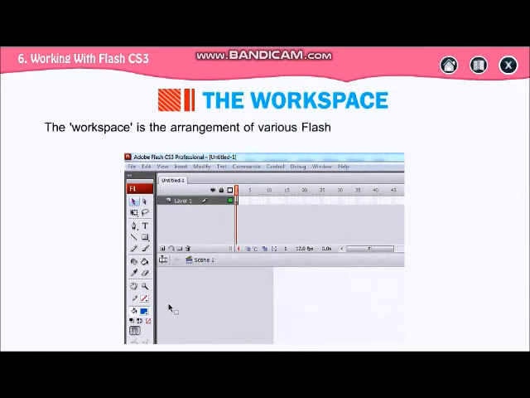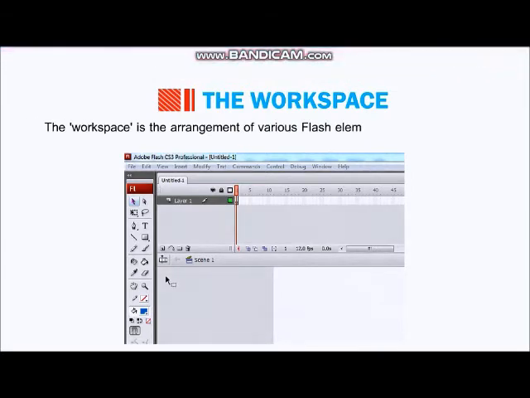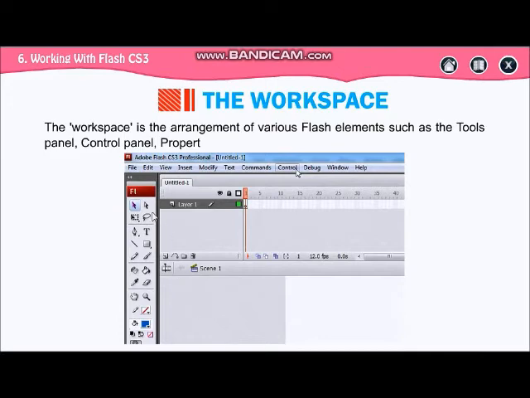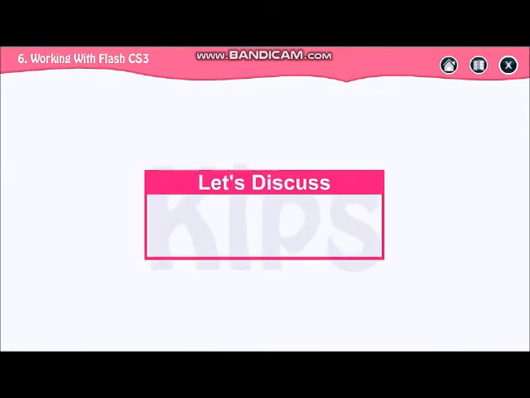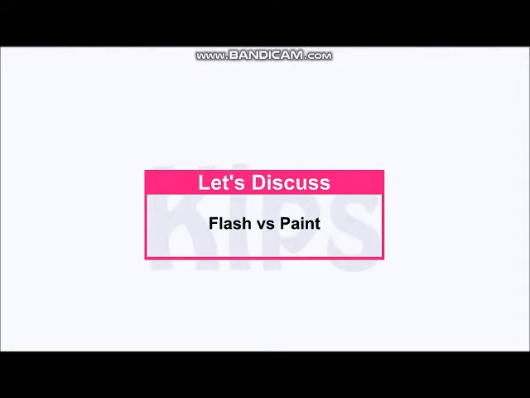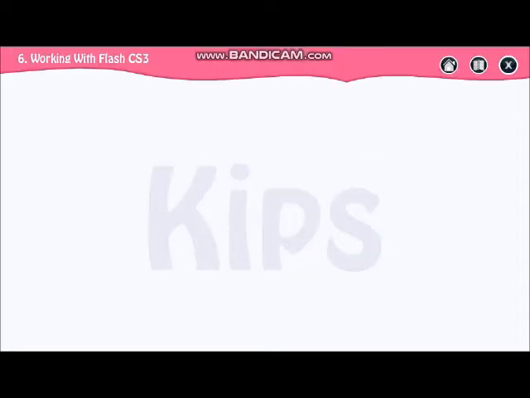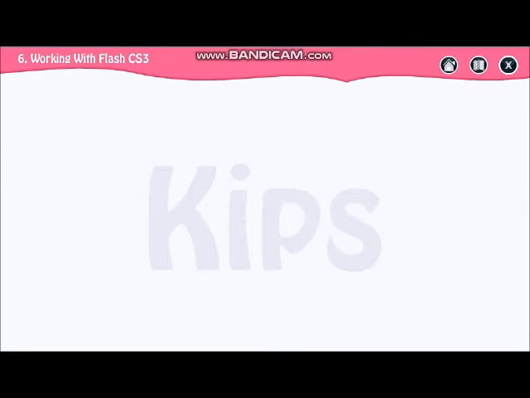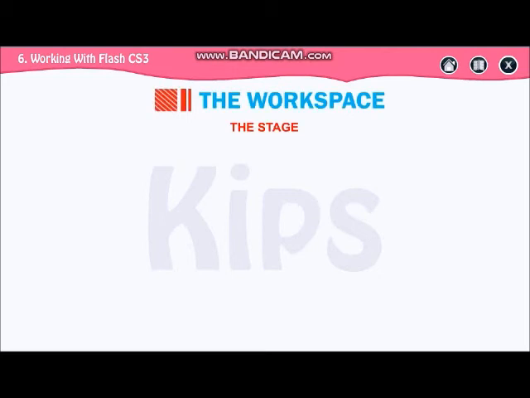The workspace is an arrangement of various Flash elements such as the tools panel, the control panel, the properties inspector and windows. Now quickly tell me what is the difference between Flash and Paint. Flash is used for animation and Paintbrush is used for still images. No movement is there in the Paintbrush file.